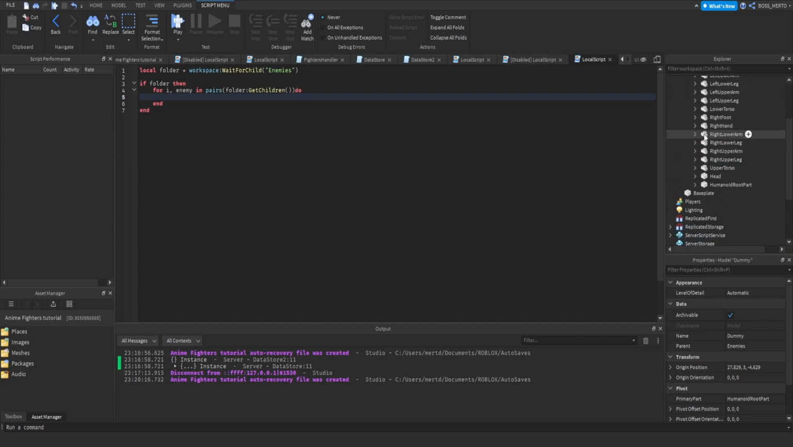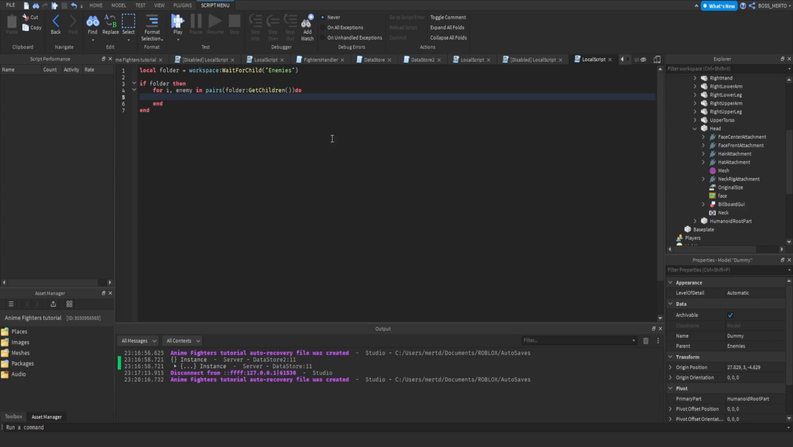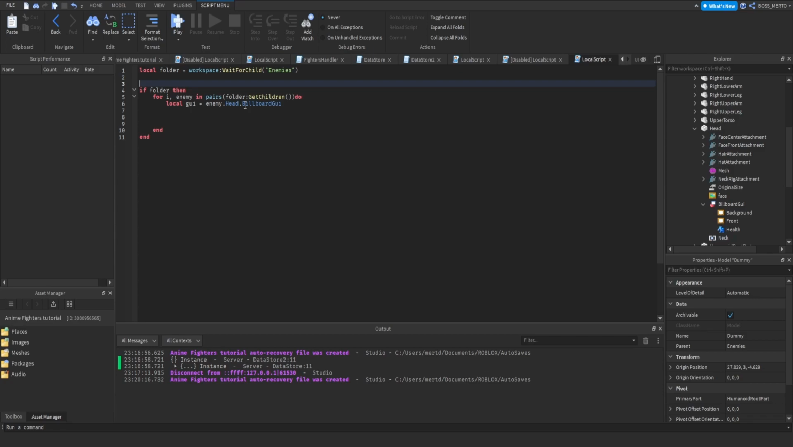And yeah. So now we want to do the following. So we want to refer to this billboard GUI. So enemy head billboard GUI, and yeah. So let's create a function,